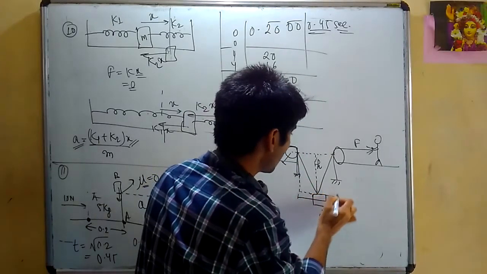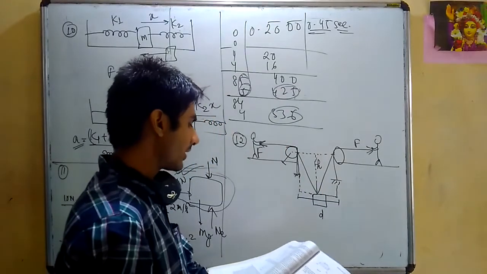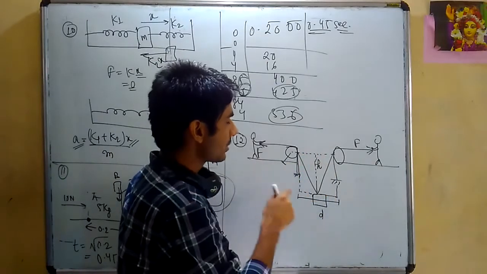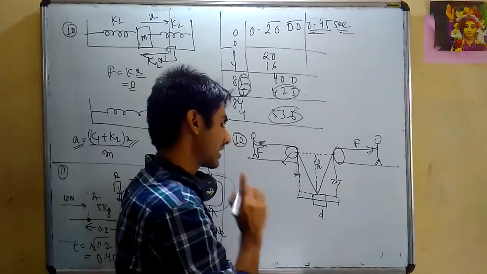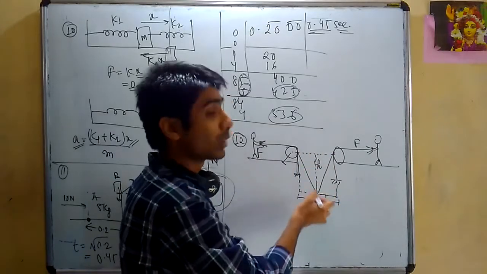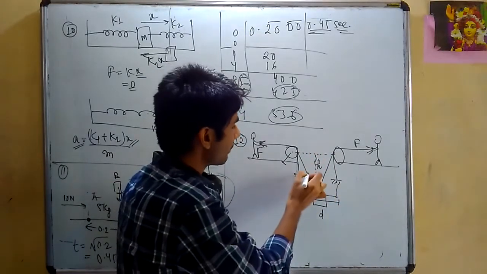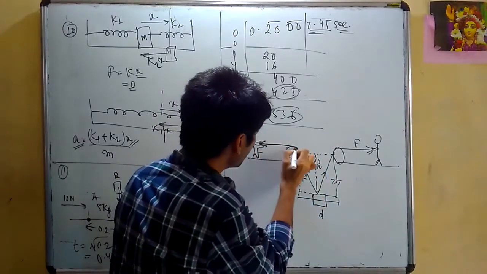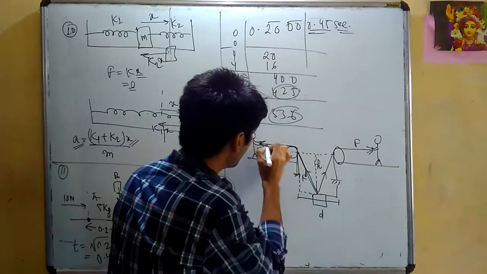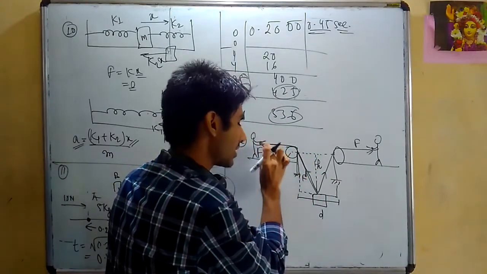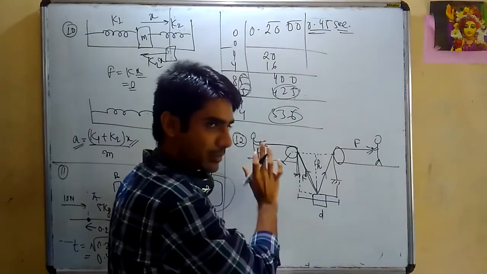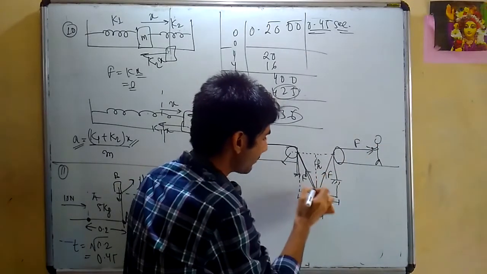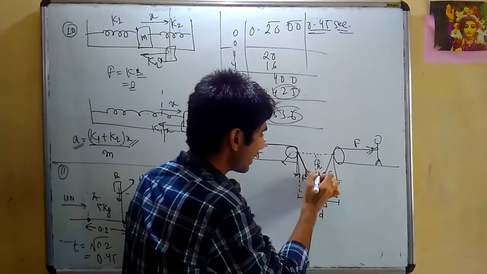Now look at the diagram very carefully. I'm supposed to also find the force when the man is at a depth of h. So let the man be at a depth of h. I'm supposed to find out the forces. Now it is given in the question that the person is moving up slowly. Let us draw the FBD of the person. So this is F as well, because this is one string coming like this. So tension at all points will be same. Tension will be equal to the force with which we are pulling the string in this particular diagram. So F here will be F. Person is pulling with F. Here also the force will be F. If you carefully see, this is theta and this is theta. Both will be equal.